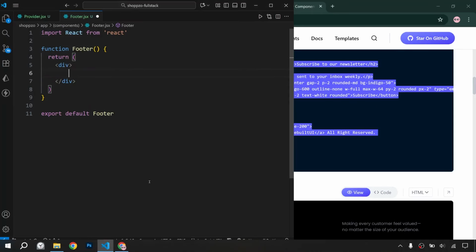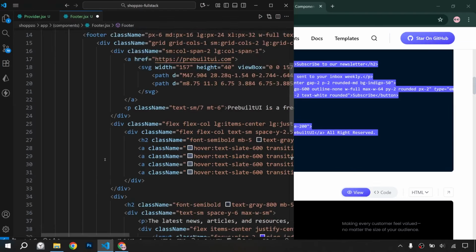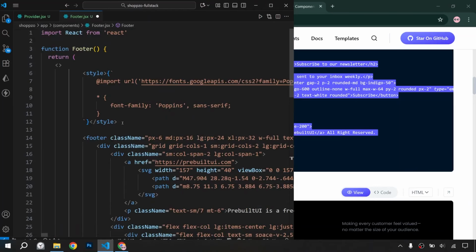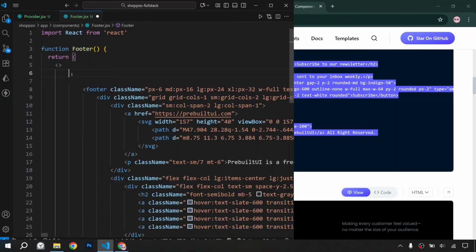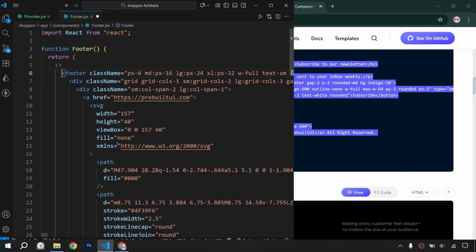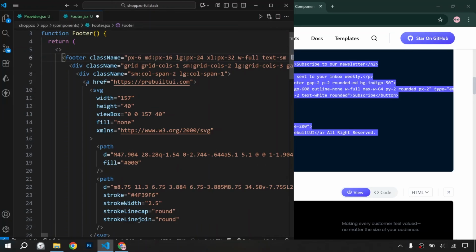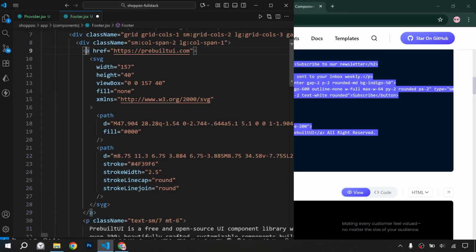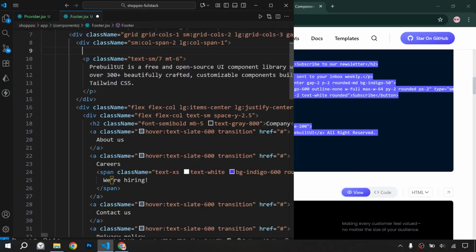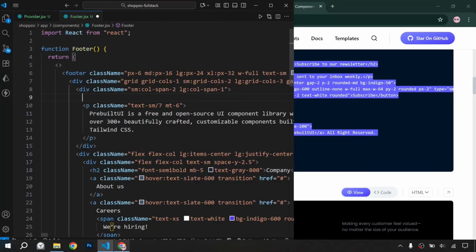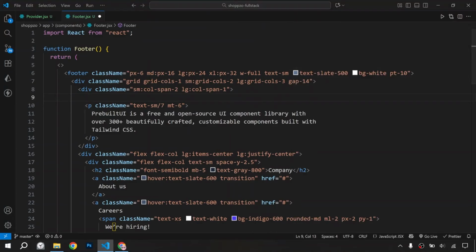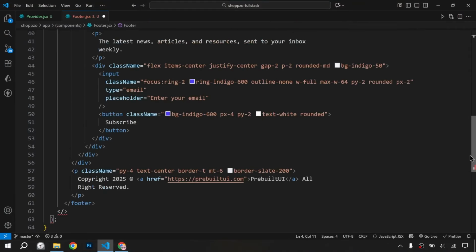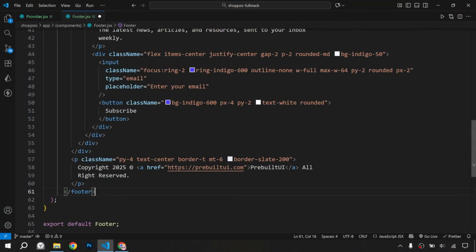Here we will read this div and we will write inside the return. We will paste and we will delete this style. We will format the document and we will delete this logo. We will delete this and we will copy the, let me delete this empty tag as well. Okay, and